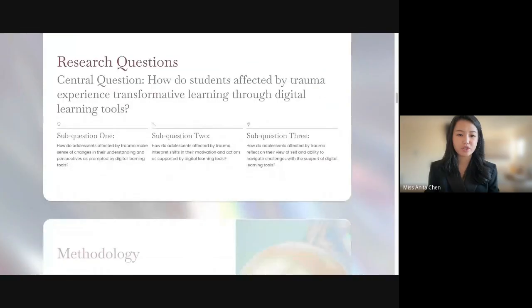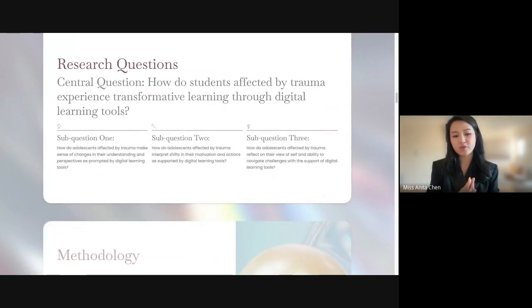This brings me to my research questions. The first central question is, how do students affected by trauma experience transformative learning through digital learning tools? Sub-question 1 focuses on the before state. How do adolescents affected by trauma make sense of changes in their understanding and perspectives as promoted by digital learning